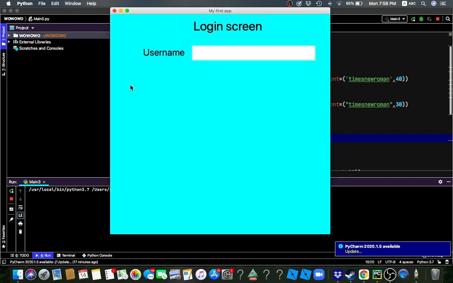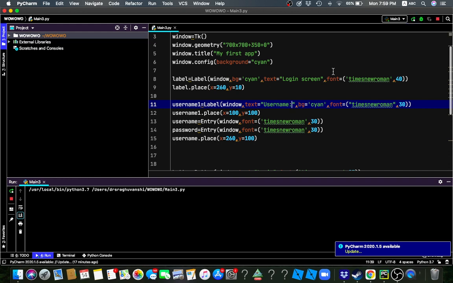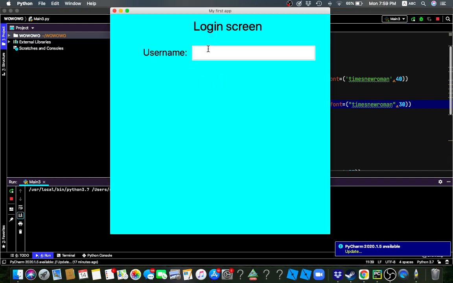Yeah, perfect, we got it here. And we'll also put a colon here so that we know where's the, okay, here we put a colon here, and now when we run it, see, there's a colon and there's an entry field where you can write your username, like